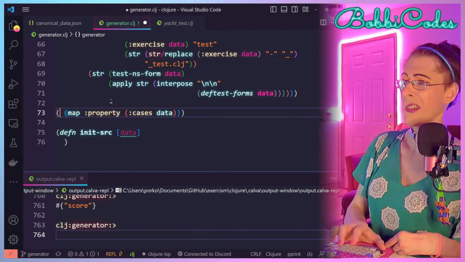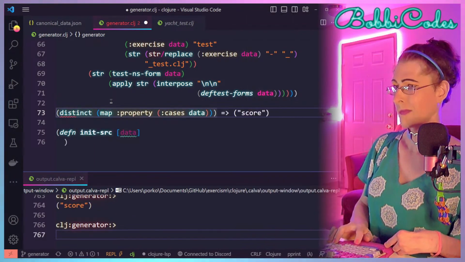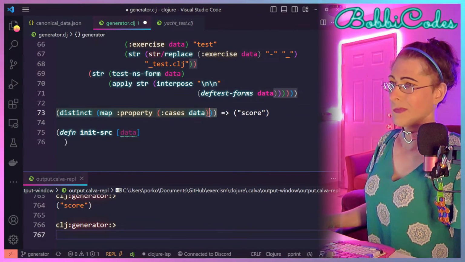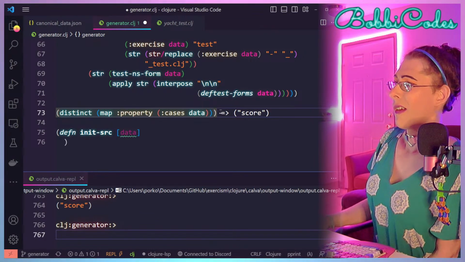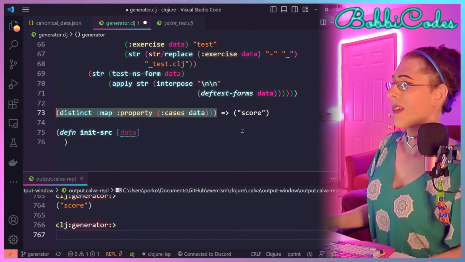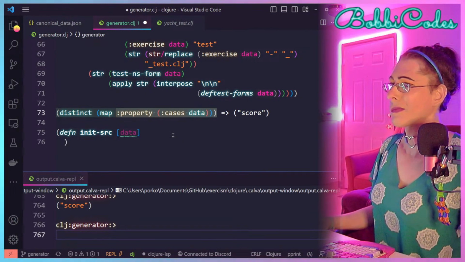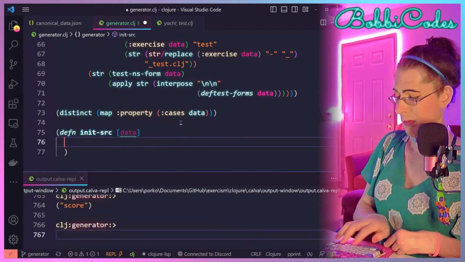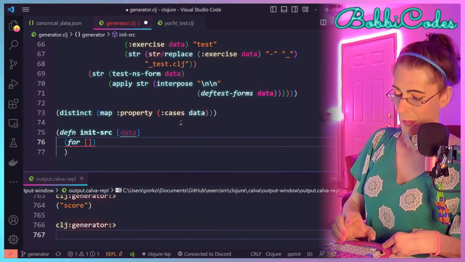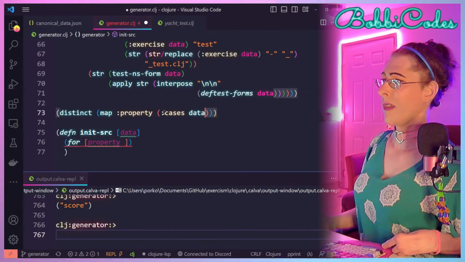We can just use distinct, which puts it back in whatever data structure it was already in. And so then it'll create a function stub for every one of these, where here it's just one. So we could use a for each property in these.